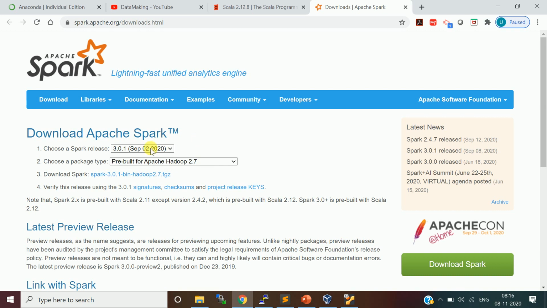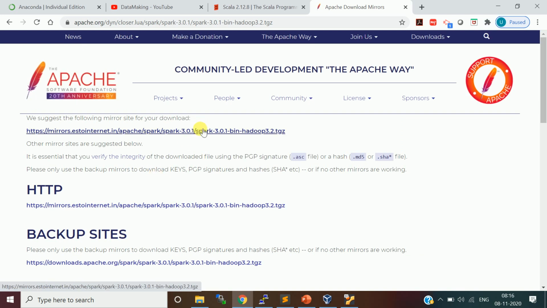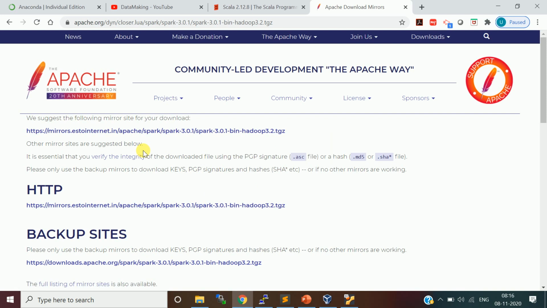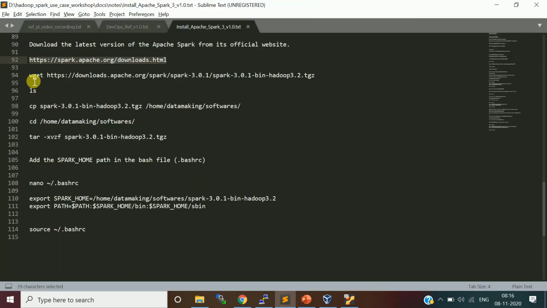I'm going to take version 3.0.1, and you can choose the package type, whether it is built for Hadoop 2 or Hadoop 3. Because we installed Hadoop 3, we are going to choose the pre-built for Apache Hadoop 3.2 and later option. You can click on this, copy the link address, and using the wget command I'm going to download this.